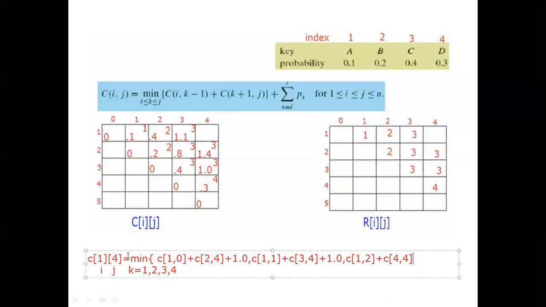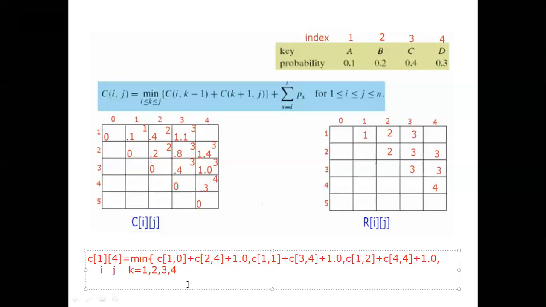And what is J? J it is 4. Plus again sigma value already we calculated 1.0. Comma, because last value we did 3 K values, 1, 2, 3, fourth